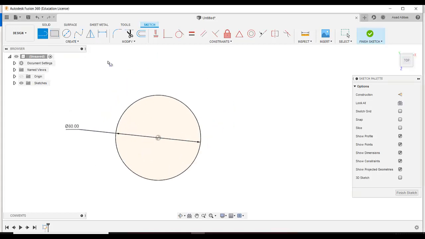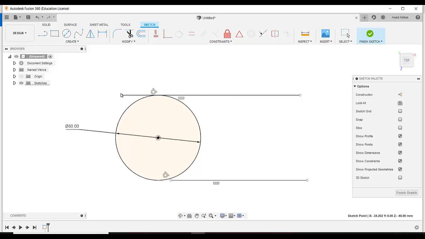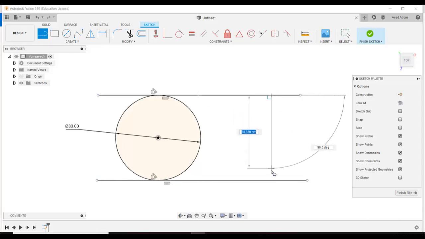diameter. Then I am going to draw a line starting from here, and a line starting from here. I'm just doing that so you can understand it. Add the tangent between this and this. As you see, this is not touching this circle, so I am going to extend it like that, and then I am going to draw a line from here to here. That's the sketch I just drew,